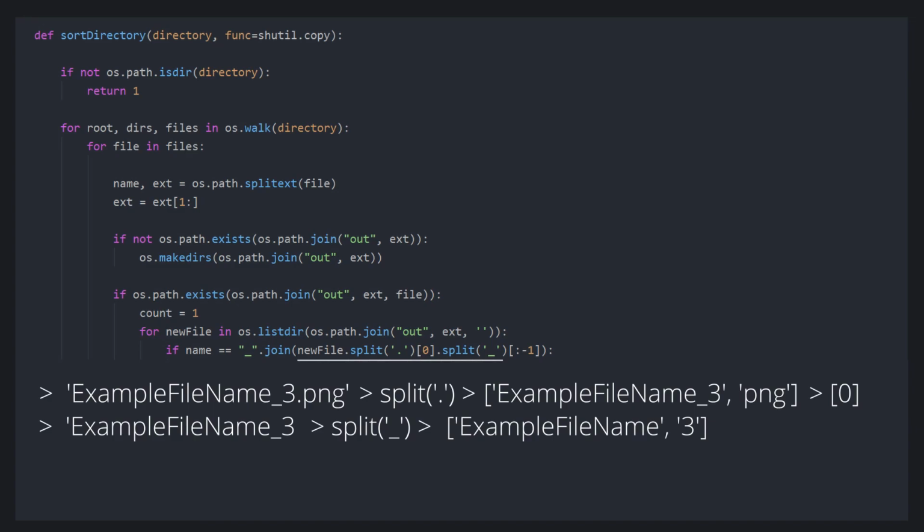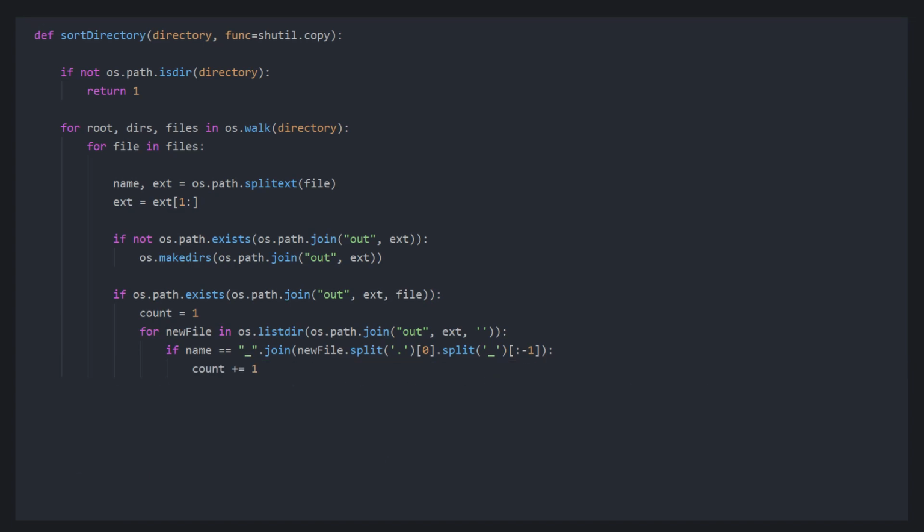And now because the name could have an underscore that has nothing to do with the number and is part of the name, we want to take every element that is not the number, which is our last element, and join them using an underscore. And if they are equal, we want to add 1 to the counter. This way we will loop through all the files and get a count of how many of them are named